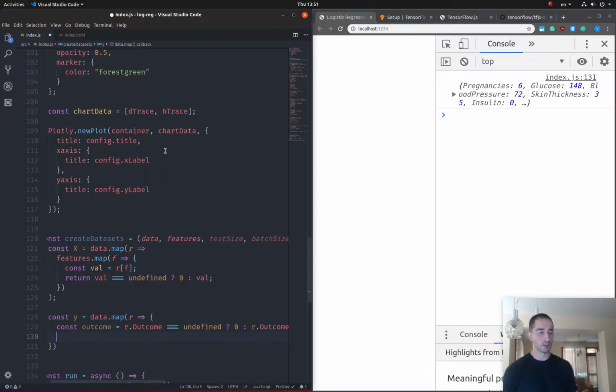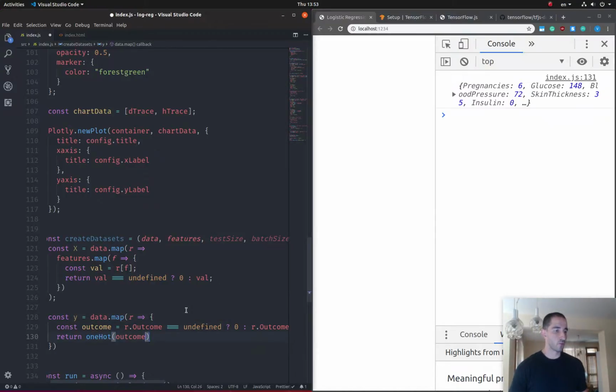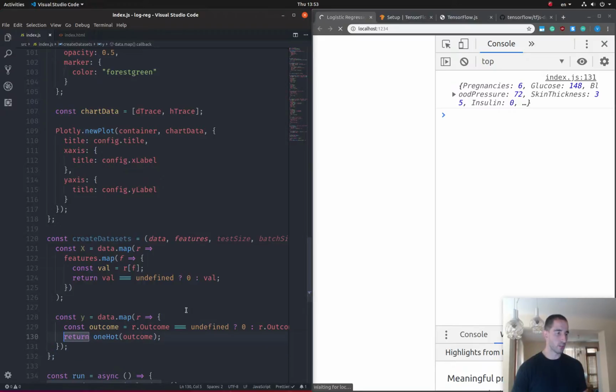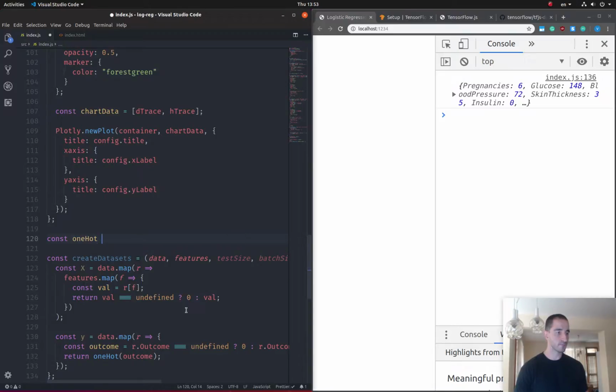And the interesting thing in here is that I'm not going to return the outcome directly, but I'm going to call a function called OneHot. Excuse me. Sorry about that one. Okay, so we're calling a function called OneHot, which we haven't created yet, and I'm going to do that just now. So I'm going to define that, and this function is going to take a single parameter called outcome,